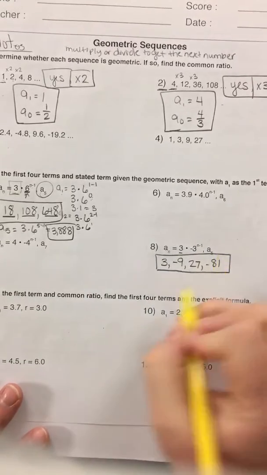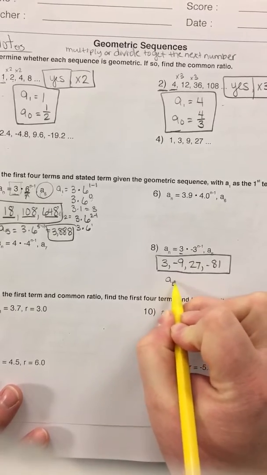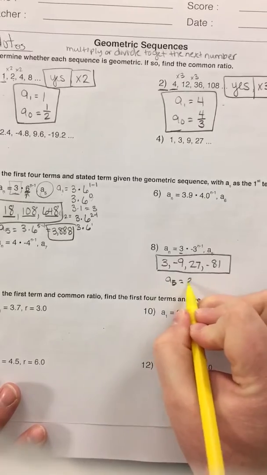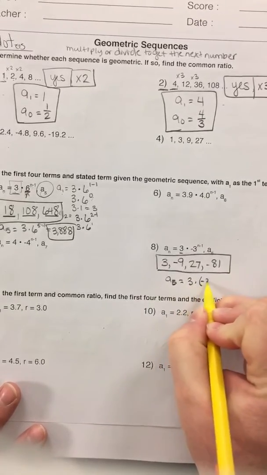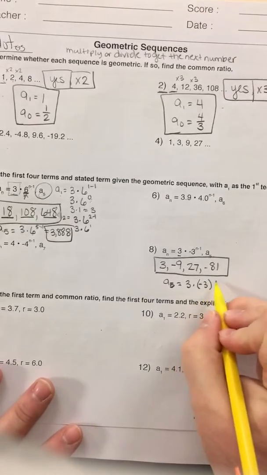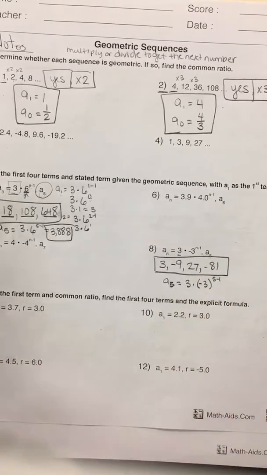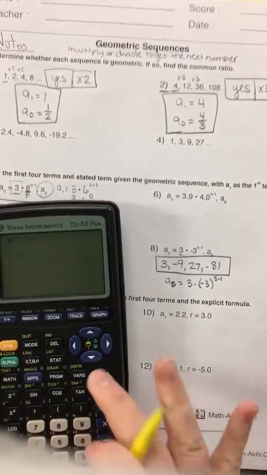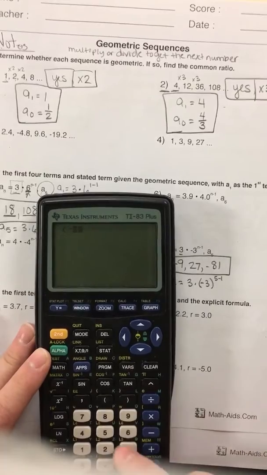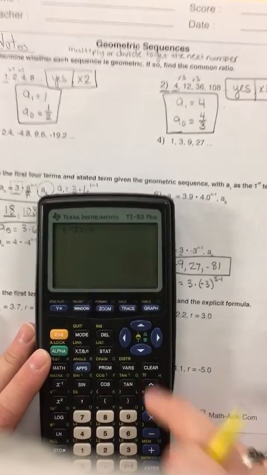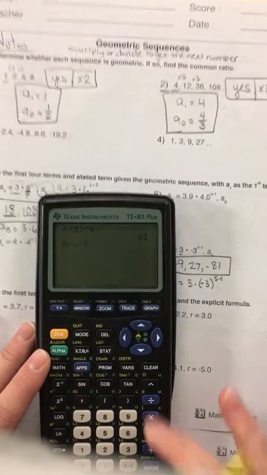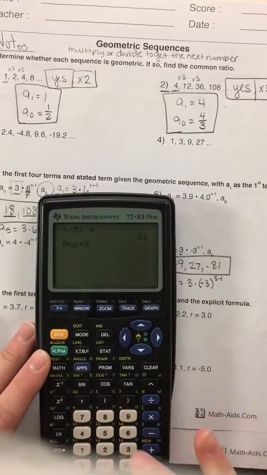Now, a of 5. So wherever we see an n, we're going to put in a 5. So 3 times. Now remember that -3 needs to be in parentheses. That's super important, okay? -3 to the 5 minus 1. 5 minus 1 is 4. Okay, so look at my calculator. In parentheses, -3. Close your parentheses. Raise it to the 4. Press enter. It's 81. Now I got to multiply that by this number out in front, which was 3 in